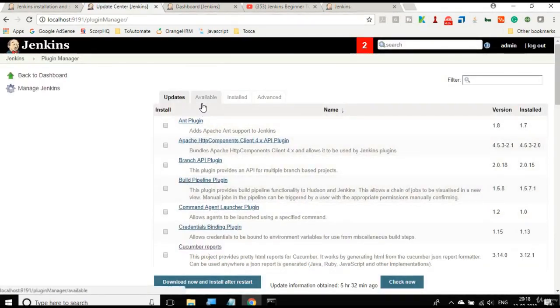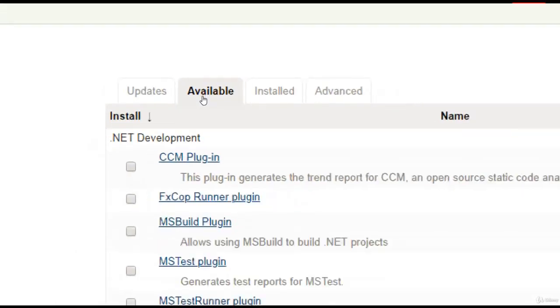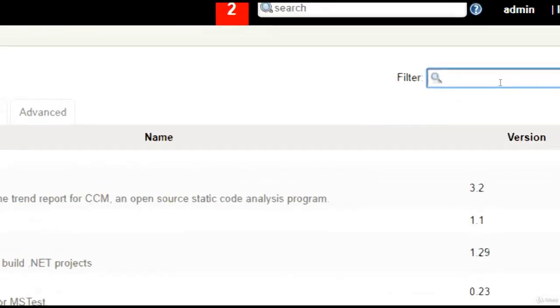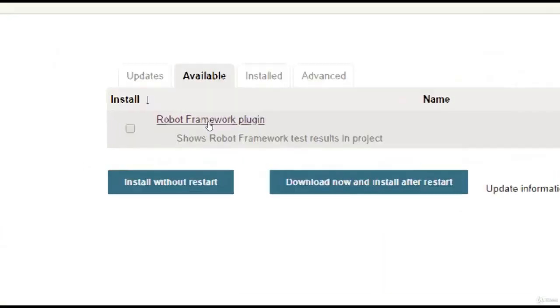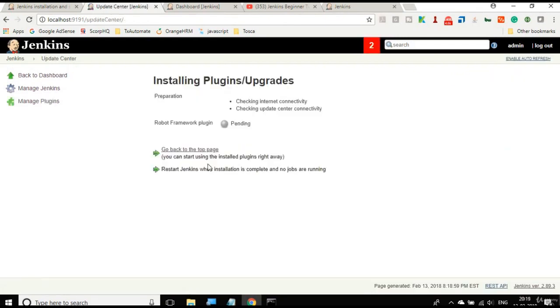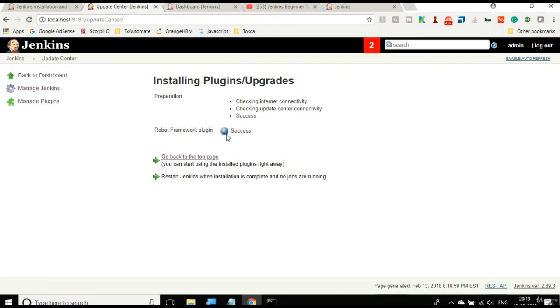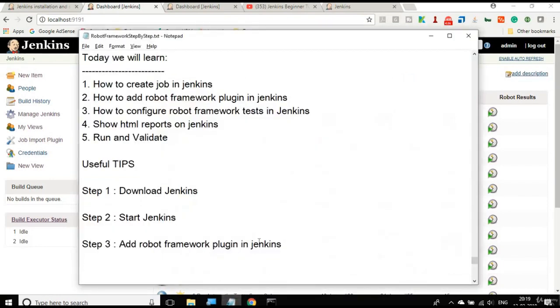and here you have these different tabs: updates, available, installed, advanced. Go to the available tab, and here in the filter say robot, and you will see this is the Robot Framework plugin. In the search, just click here and say install without restart, or you can also download and install. So I am selecting install without restart. So this is successful. And now if you go back to your dashboard, we have the Robot Framework plugin added to Jenkins, and